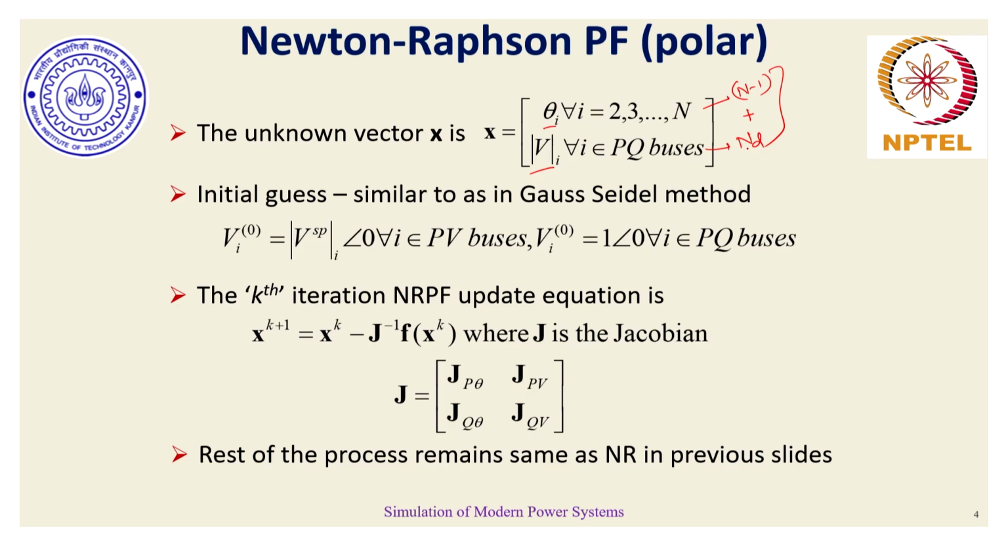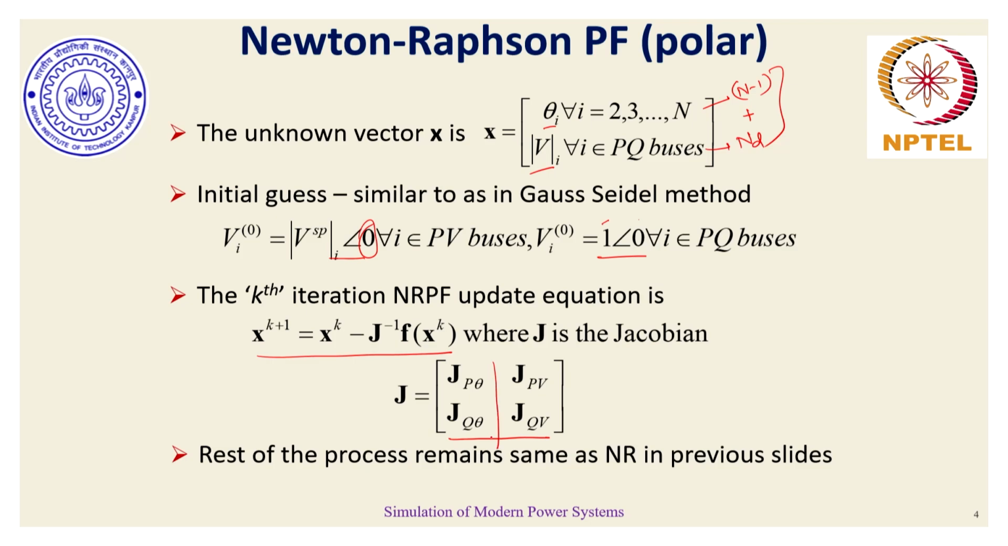Like in the Gauss-Seidel method, we start with an initial choice of flat start voltages as and when required. For PQ buses, it is convenient to choose 1 at an angle 0 as a good initial choice, whereas for other generator buses, wherever phase angles are not known, those are chosen as 0, again for the sake of convenience. And this is the iterative update equation of x in Newton-Raphson, where J is the Jacobian matrix